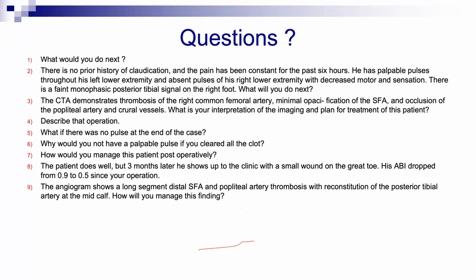As the patient is young and this is recurrent disease, I will go for bypass using vein conduit. Okay. But so what should you do first? You do vein mapping, right? Vein mapping, yes. Because if he doesn't have vein, you have to change your mind, you know? Yes. So I agree.